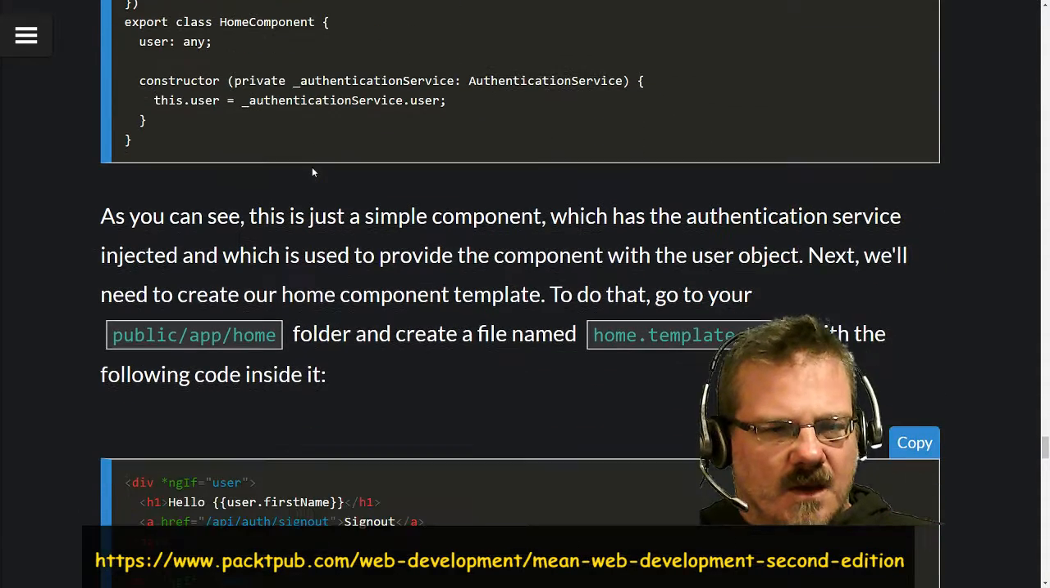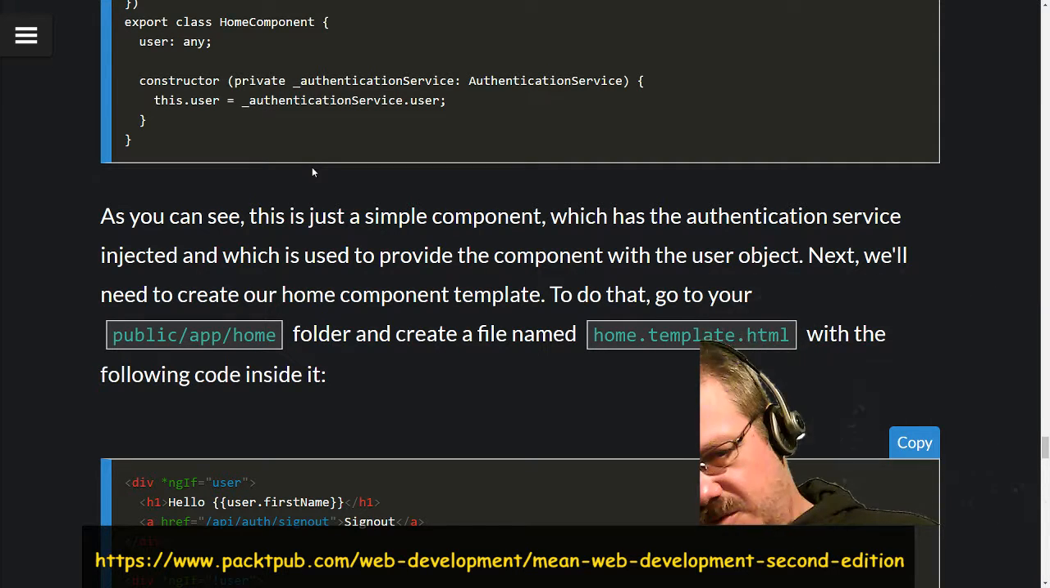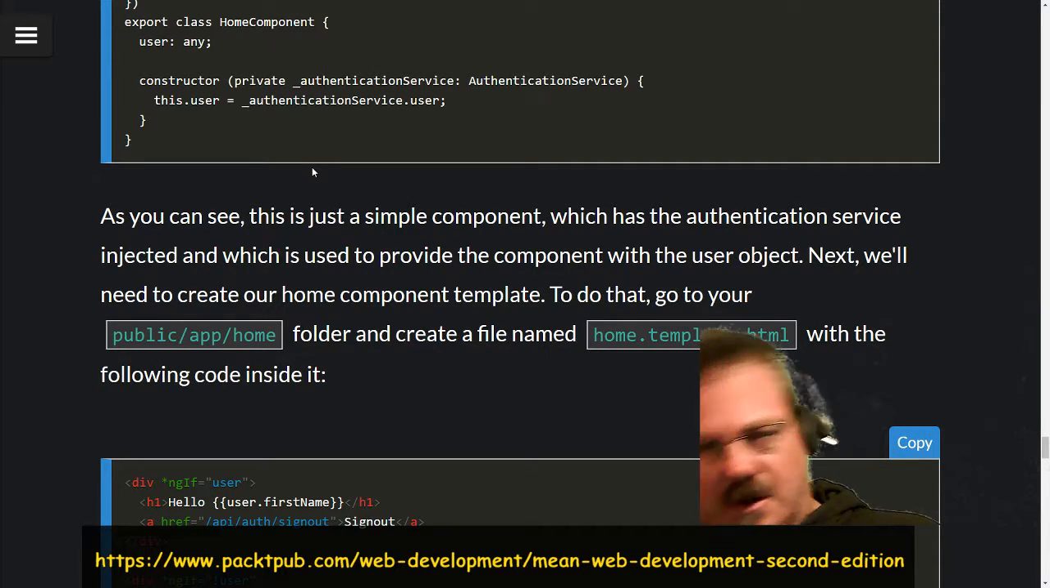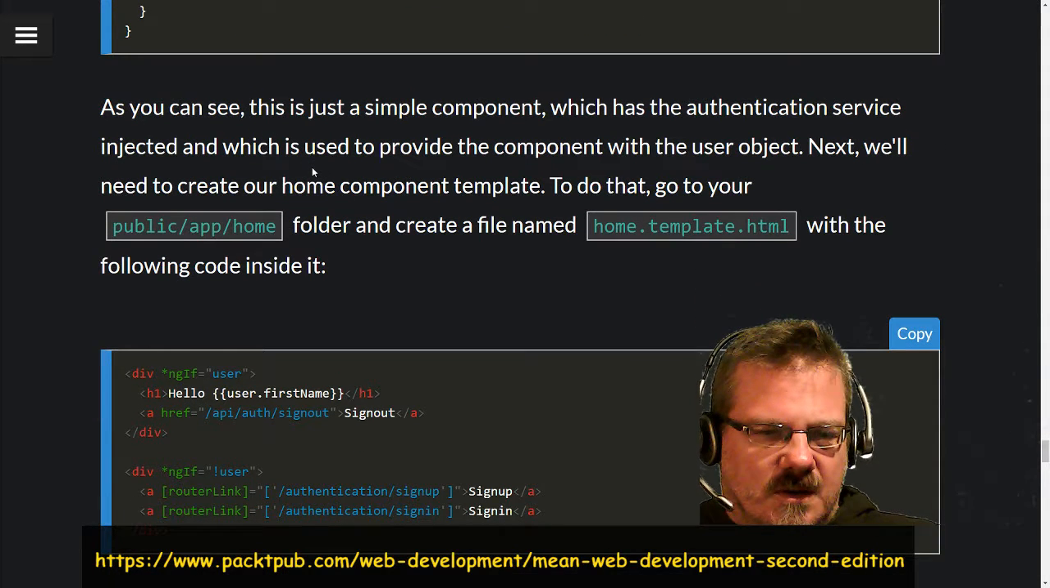Okay. As you can see, this is just a simple component which has the authentication service injected and which is used to provide the component with the user object. Next, we'll need to create our home component template. To do that, go to your public app home folder and create a file named home template HTML with the following code inside. Okay, so if we get past the load, we should get to